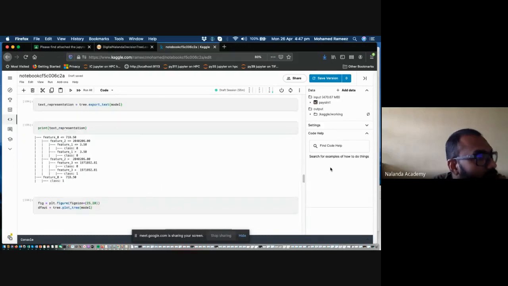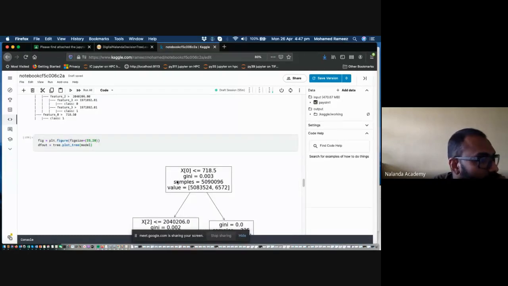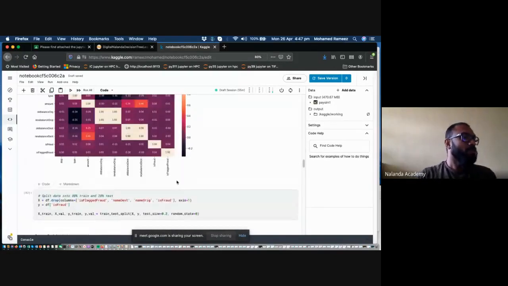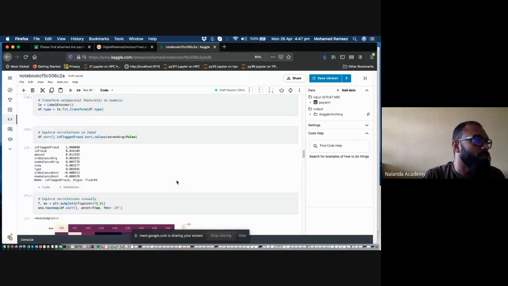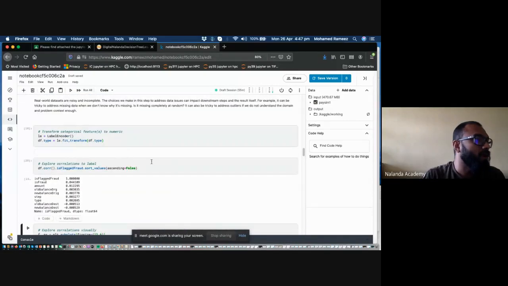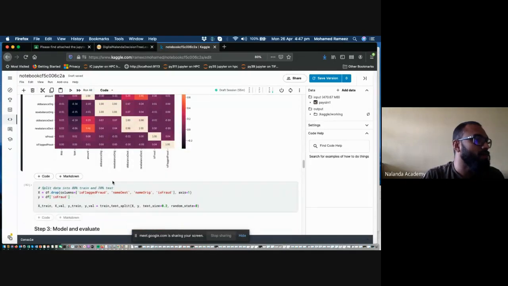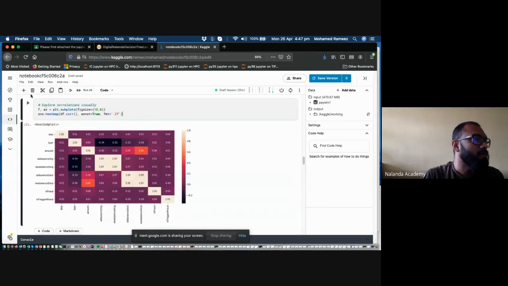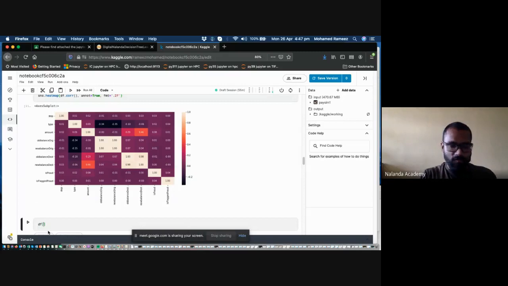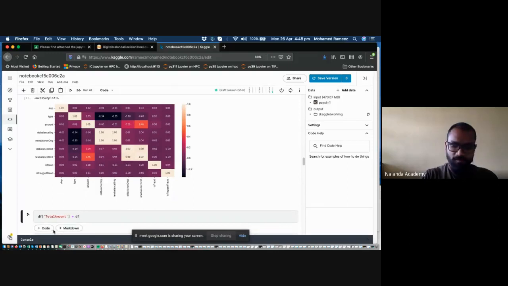If you have external information in addition to this data, you can usually add that as a column to train it. For example, you can add an additional column given by df of total amount equals df of amount plus df of